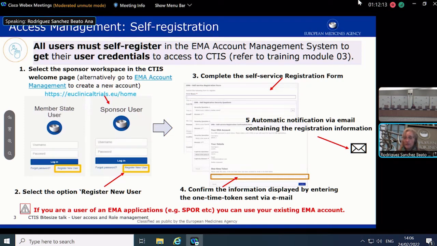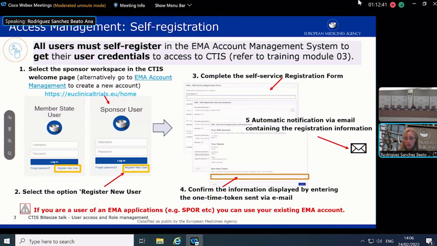And from here, obviously, as a sponsor user, you will go to your workspace, which is the one highlighted with the arrow in red. You can see from here that at the bottom you have the possibility to register a new user. From there you will be navigated to the EMA account management system where you will be able to get your credentials.